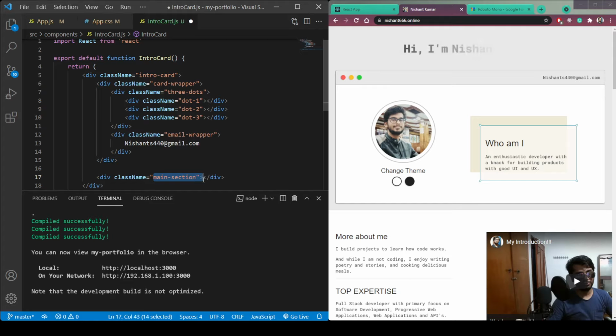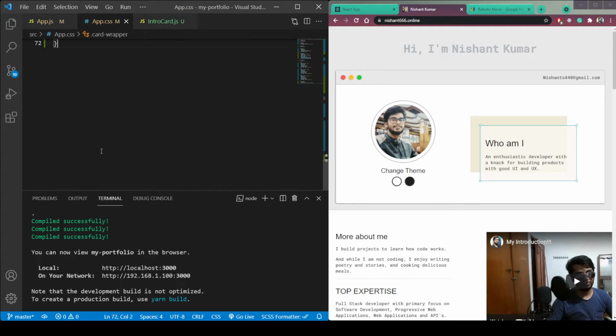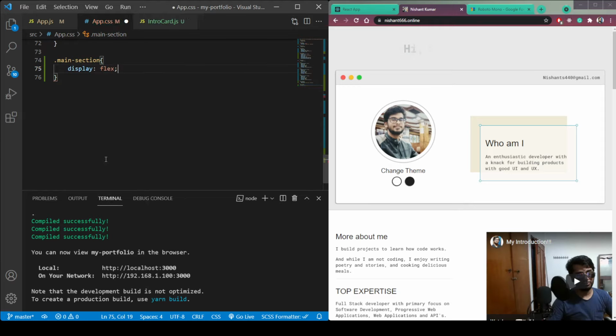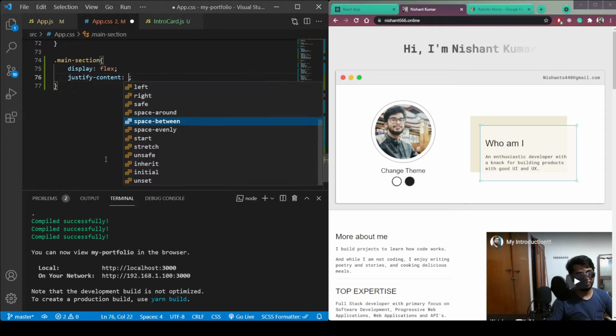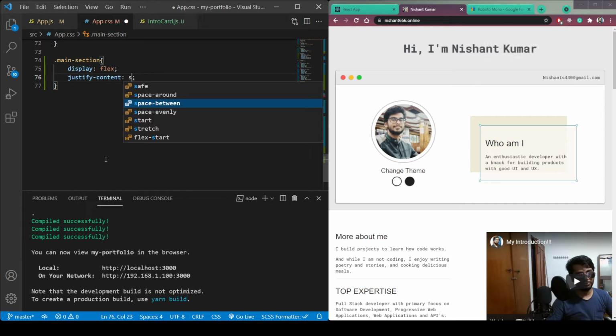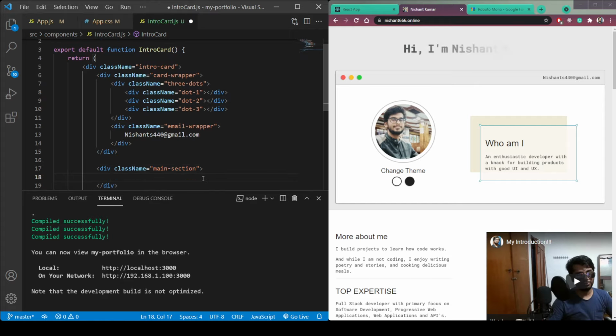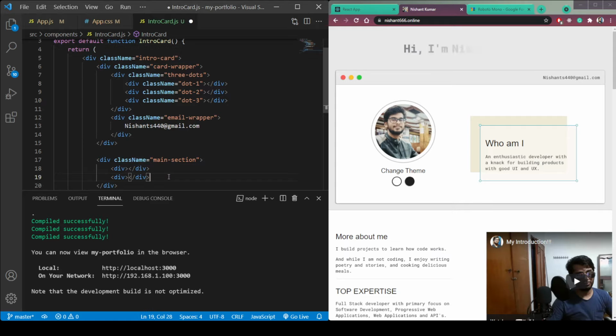Copy this and here in the app.css, let's make it display flex, justify content space between, and inside this main section create 2 divs, one for image and another for this who am I section. So copy this and paste it.